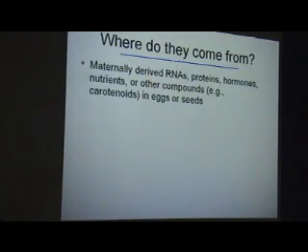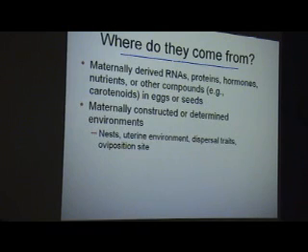So maternal effects come from a lot of things. If you were to ask a developmental biologist or a lot of molecular biologists, they would probably talk about maternally derived RNAs, possibly proteins, hormones, or even nutrients that are put into eggs or seeds. But developmental biologists would probably focus on something like the direct RNA contribution that mothers make through maternal effect genes. But of course, these can be really general,